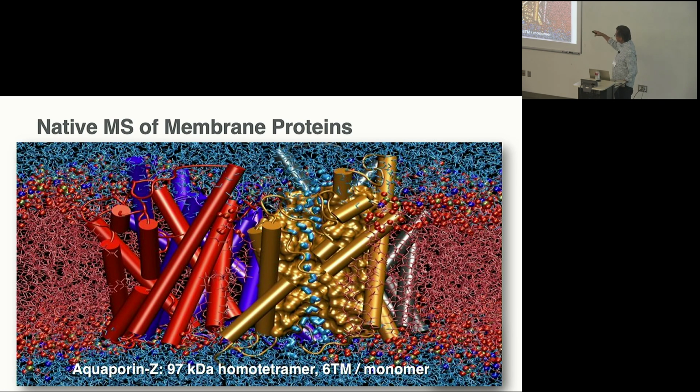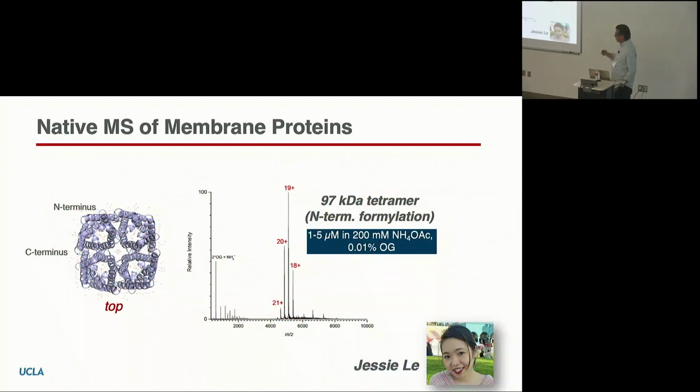It sits on the cell membrane. Water comes in from the outside and goes in through one of the channels into the cell. That's the purpose of this aquaporin complex. And if you dissolve it in a detergent and then inject it into, say, an Orbitrap instrument, you can adjust